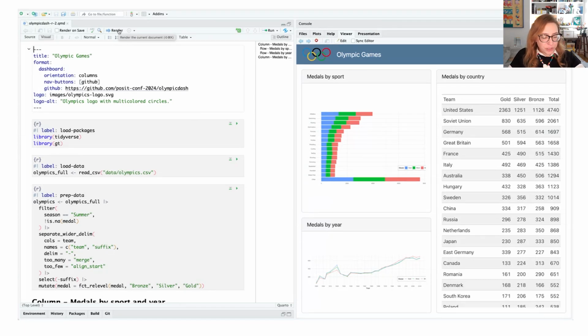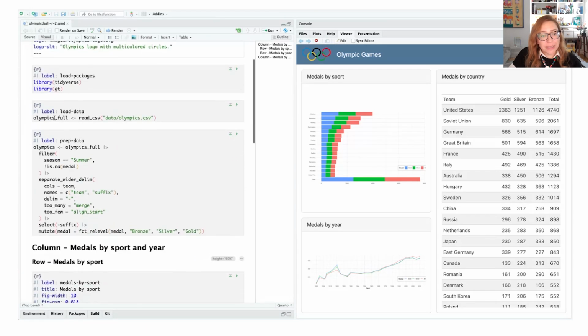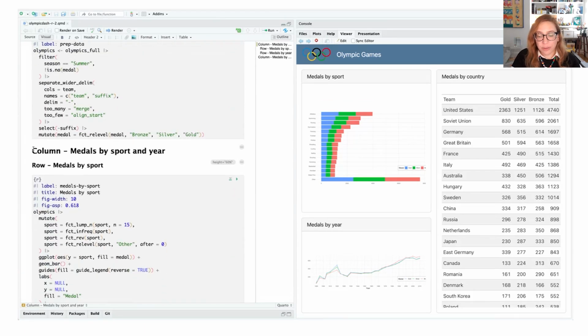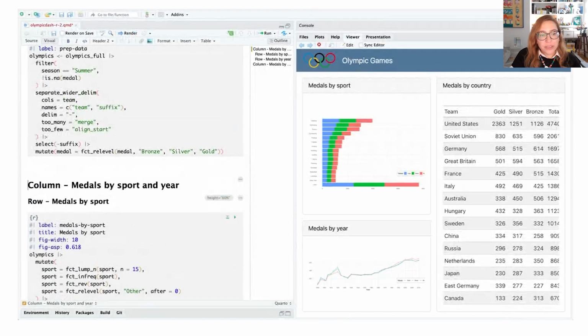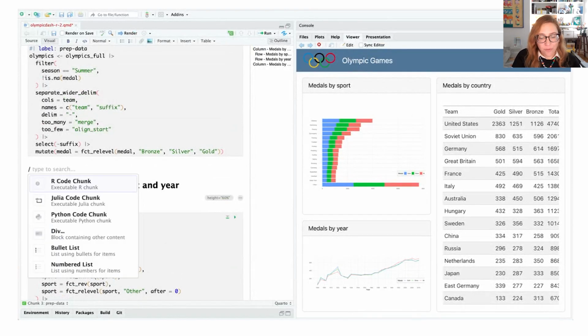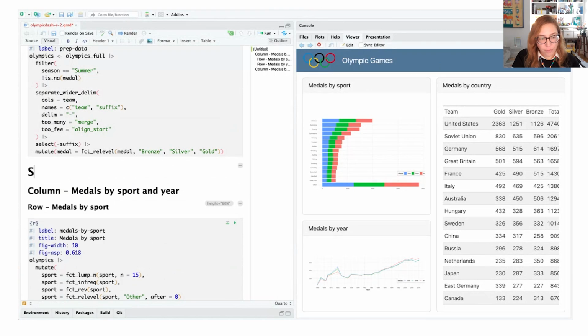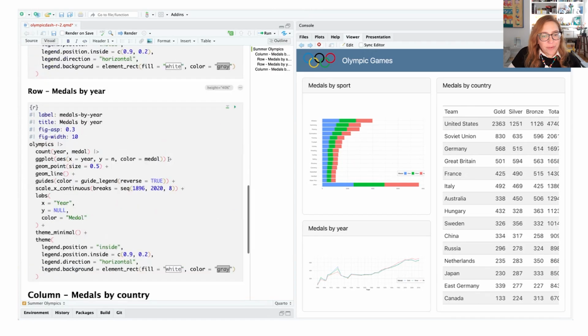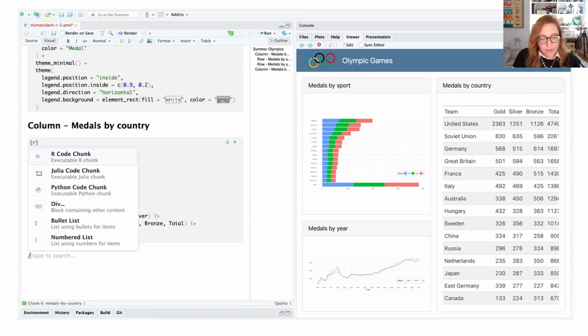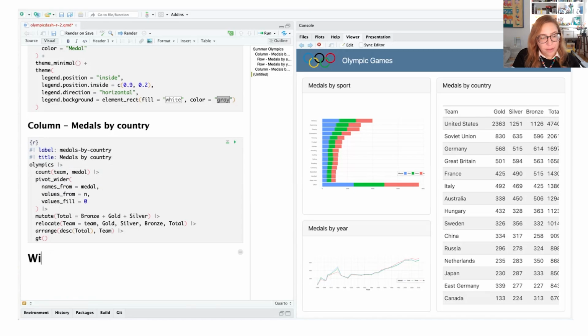First thing we're going to do is separate our content across 2 pages. So we're going to create 2 pages, one of them for Summer Olympics and the other one for Winter Olympics. So I'm going to do that by adding a first level heading. And similarly at the very end, I will add another first level heading, Winter Olympics.